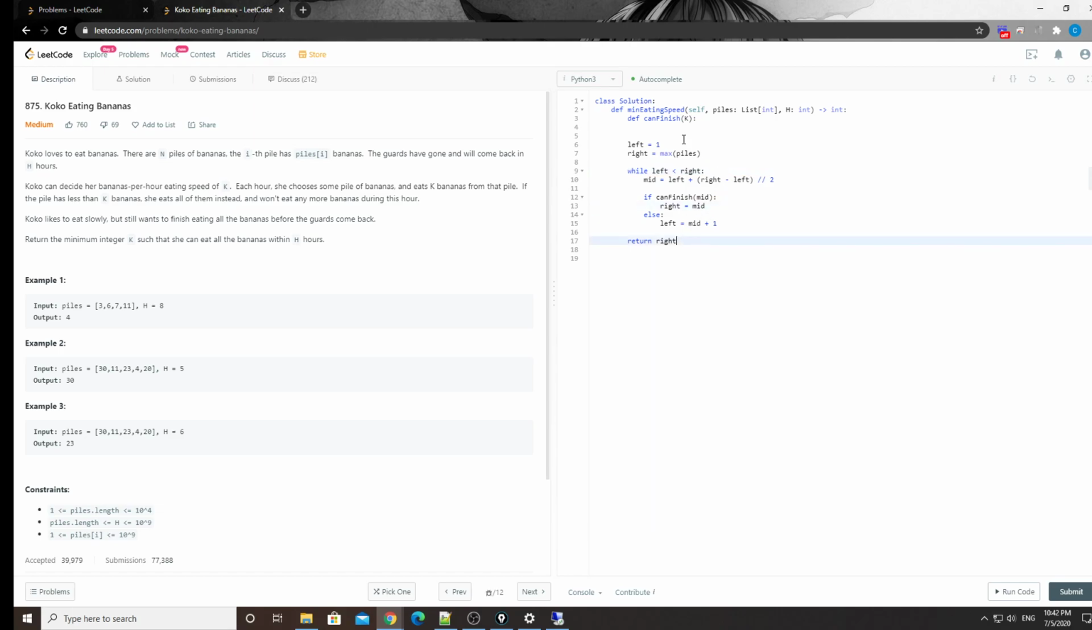Okay, now let's implement this can finish helper function. What we're trying to achieve here is to check with the k speed, can we finish eating all the bananas within 8 hours? So let's do hours needed here, and for each pile in piles here,